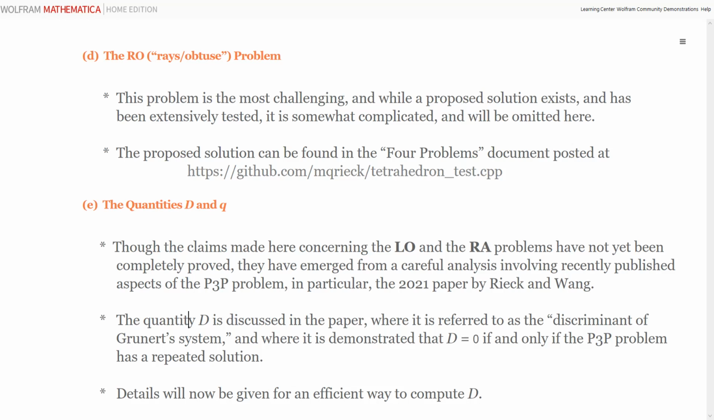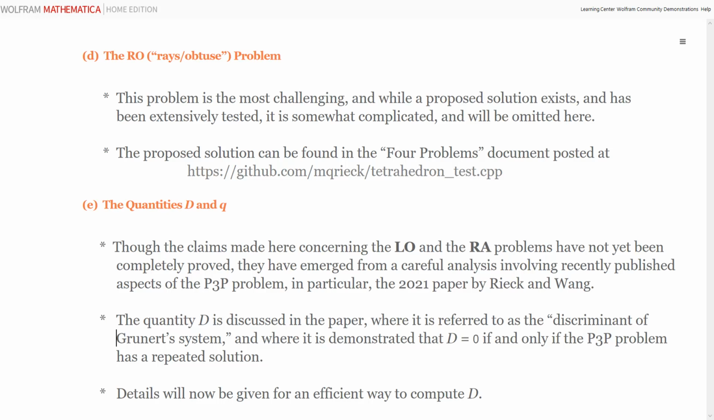So here, this bullet says the quantity D is discussed. It's something that I refer to as the discriminant of Grunert's system. Okay? And let me explain that briefly. So this P3P problem is a very old problem. Well, very old is relative, but it's a problem that was posed and solved in the early to mid 1800s by a mathematician named Grunert, and his solution involves a system of 3 quadratic equations, okay,